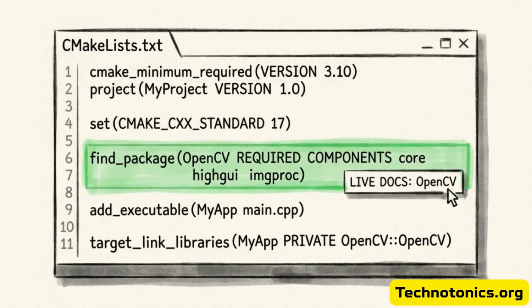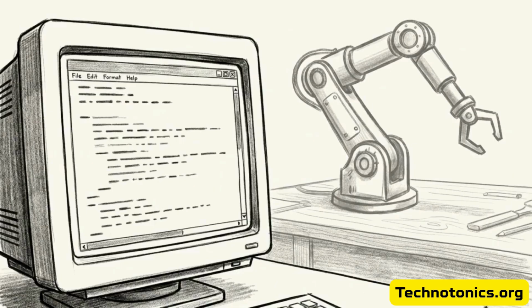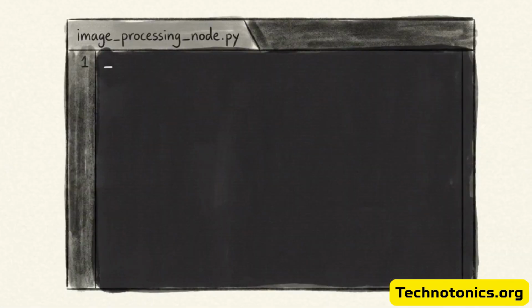Take a look at the highlighted block here. You must append cv_bridge under the find_package components list. Skipping this inclusion is a primary reason workspaces fail to compile. If we skip explicitly linking these system-level dependencies, any Python code we write later will remain isolated from the robot's hardware. Now that our workspace is configured, we can move into the code editor and start writing our image processing